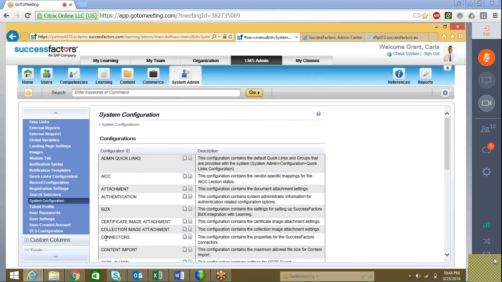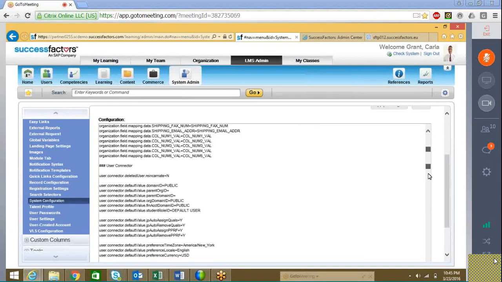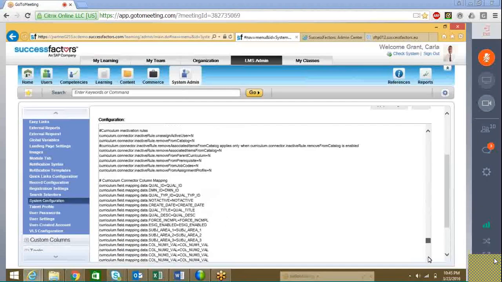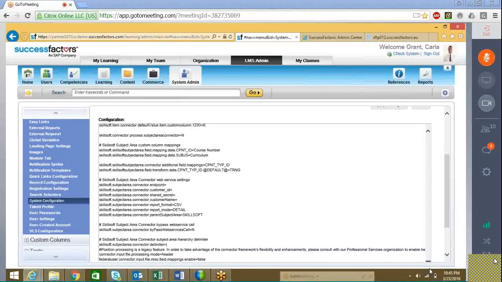Okay. Now that I have entered connectors, if I select this little edit button, we will be able to get into one big XML which is related to connectors alone. So if you see, this is a very huge XML file. Before we make any sort of changes to this XML file, it is always